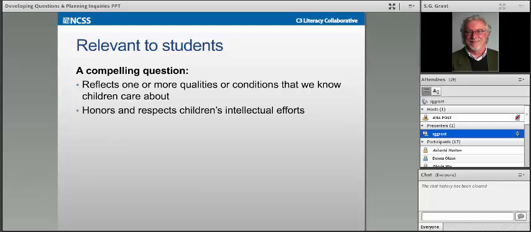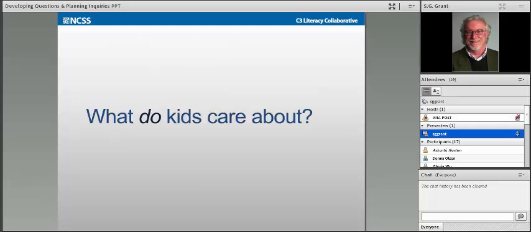So let's take a minute and think about what kids do care about. Teachers tend to have less trouble identifying the intellectually rigorous ideas than they do identifying those elements of ideas that speak to kids' knowledge and experience. It's not that we can't think about what gets under kids' skin. It's just that we already know which ideas are important, and we take for granted that students will too.